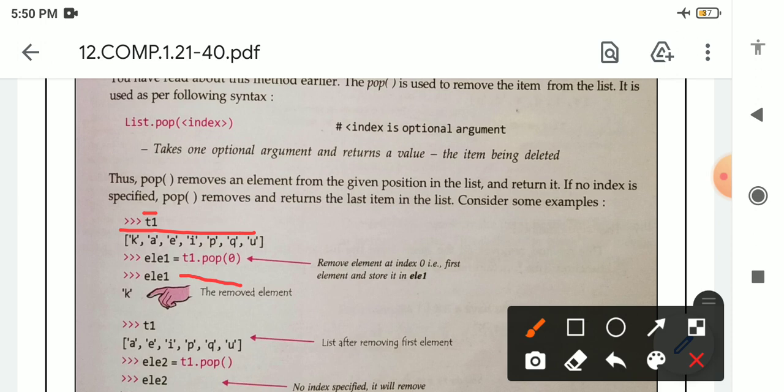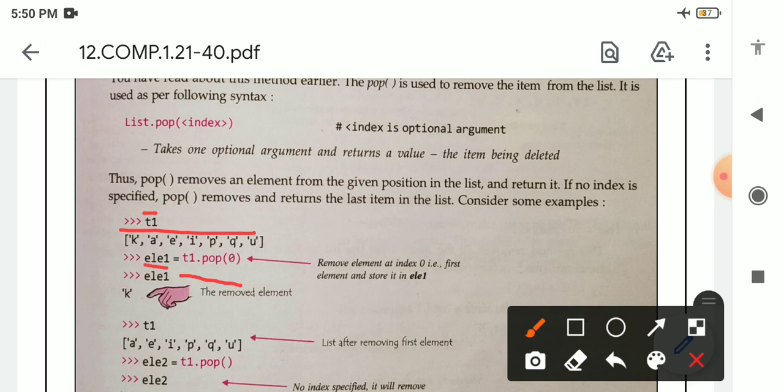As we know, pop takes only one argument and that argument is optional, but it returns one item. So to receive that item we will create one variable. See here, one variable is there.